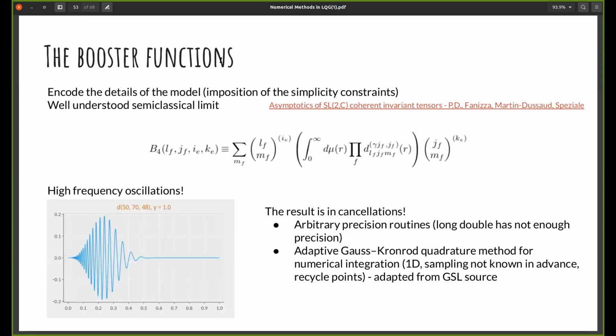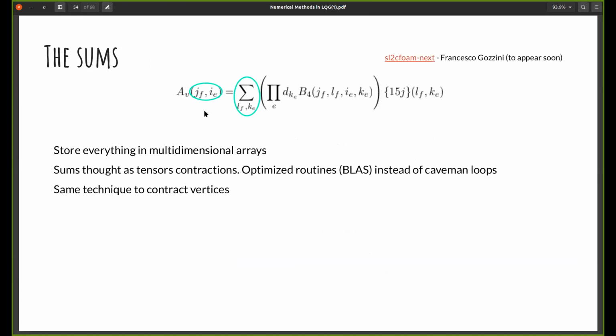Okay, so now the booster functions are completed. So we know how to compute all the pieces numerically. The other part that is tricky are the sums. So I told you, kind of cheating, that the amplitude is a linear superposition of 15J symbols. That is correct. But